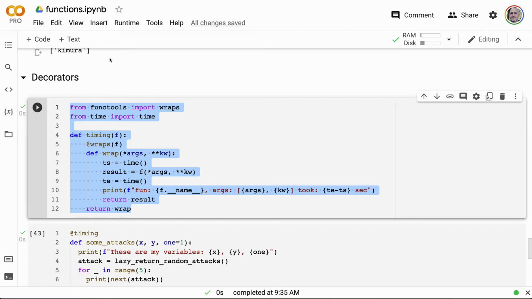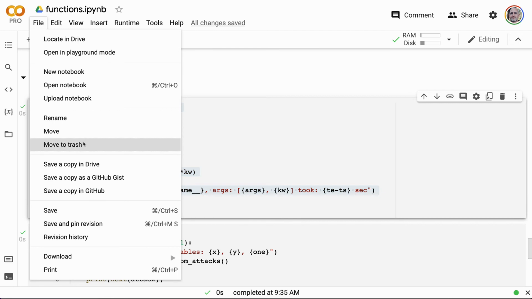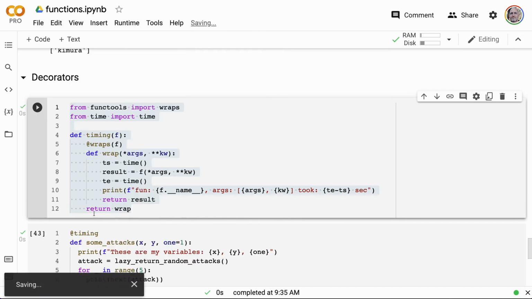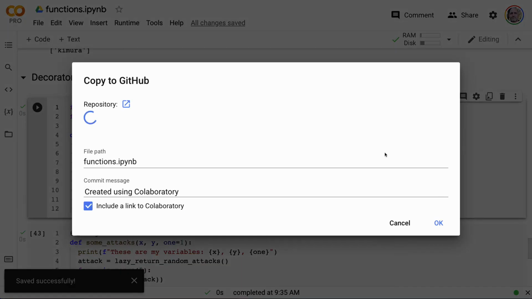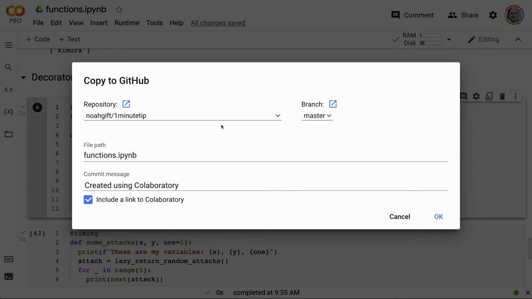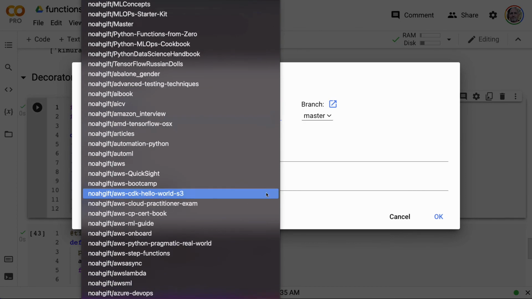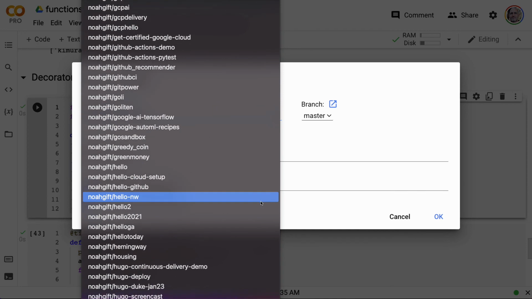And so we covered a lot of detail here. Let's go through here and save this out. And then I'm also going to commit this back into GitHub. Okay, let's go through here, scroll down, and push this into GitHub.